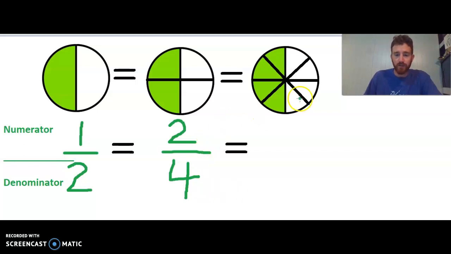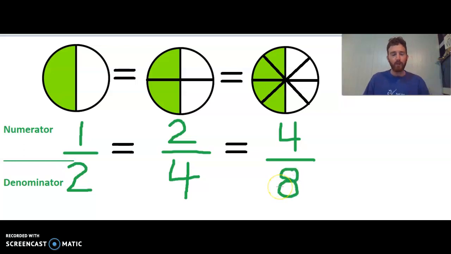And then this would, of course, be 4 parts shaded out of 8, and this would be 4/8. Okay, now the way I did this visually is just to cut it up and split it up. What we're going to work on today is how we can go from one equivalent fraction to another just by numbers. And notice here, if I go from 1 to 2, I would multiply by 2. If I go from 2 to 4, I also multiply by 2. So what we'll find is if we multiply our numerator and denominators by the same amount, the fraction amount stays